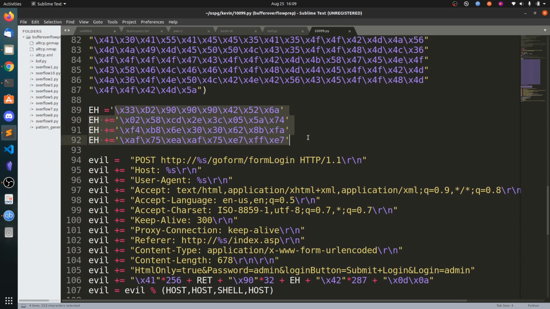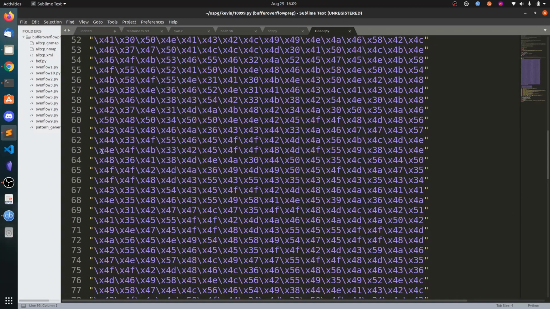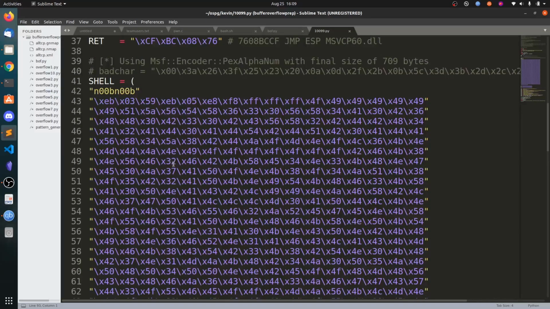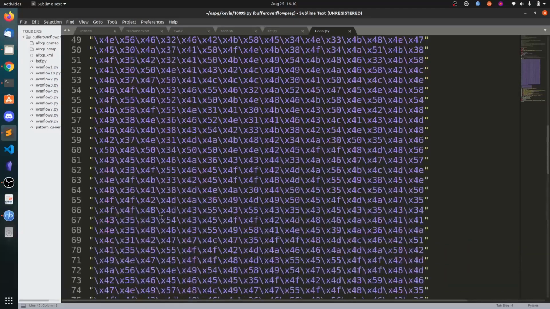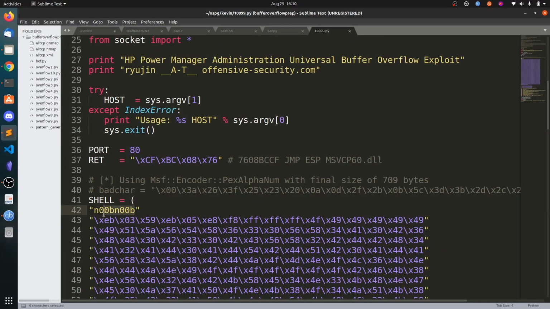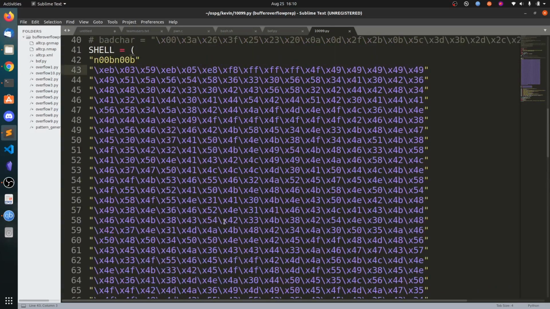This is called an egg hunter. This code will search all the strings in the memory, and it will search for this noob. Whenever this noob is found, it identifies that the next byte after these 8 bytes is the starting of the shellcode, and it will jump to the shellcode. So this is called the egg hunter technique.